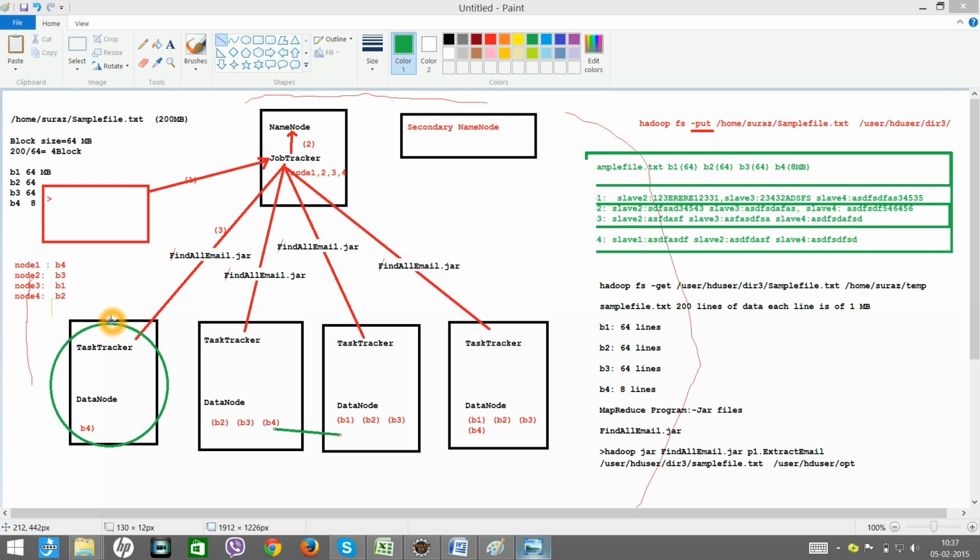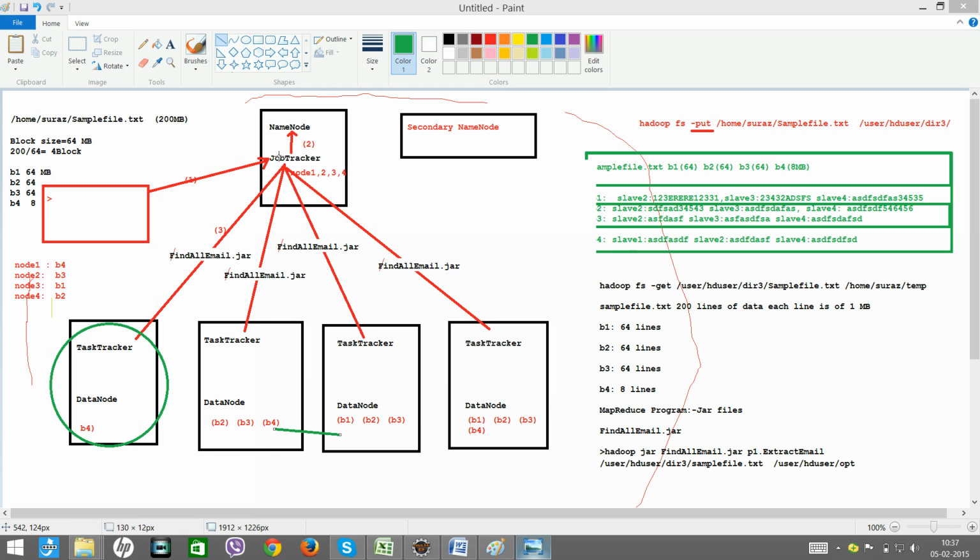B1 was processed here completely, B2 and B3 were processed successfully. Now we are waiting for B4. Let's say 95% of the work is completed and 5% is not yet completed, and due to the slowness it is taking a lot of time.